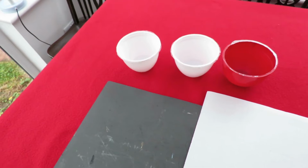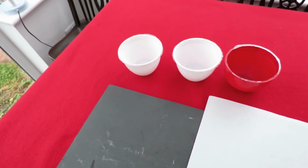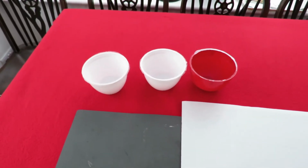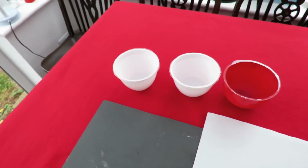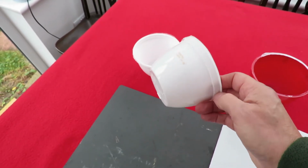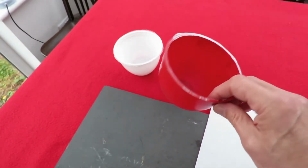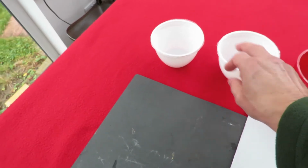Hi guys, Boxing Day today, Christmas Day is over. I'm going to try and make something from the Christmas leftovers for a rubber band powered car. Got two of these plastic containers, I think those had chocolate pudding in them, and this one that had a Christmas pudding in it. I should be able to use these two